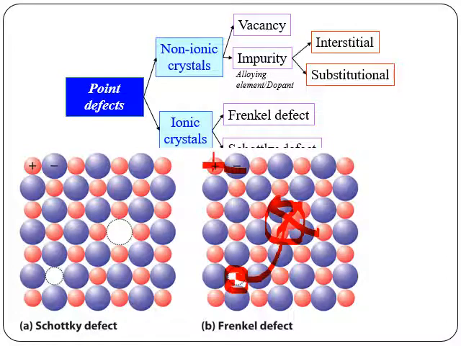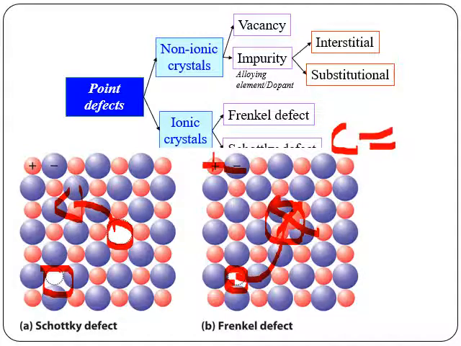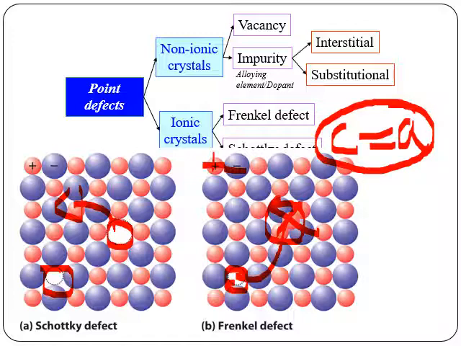But in the Schottky defect, a pair of cation and anion are missing. They can be found inside the ionic crystal, or they may not be there. If you observe here, the number of cations will be equal to the number of anions, which means they maintain charge neutrality in the crystal. The same thing applies here. If a cation and an anion go missing, it will not affect the ratio between the cation and the anion. If it is found also, the number will remain the same. If it is missing also, the number will remain the same.